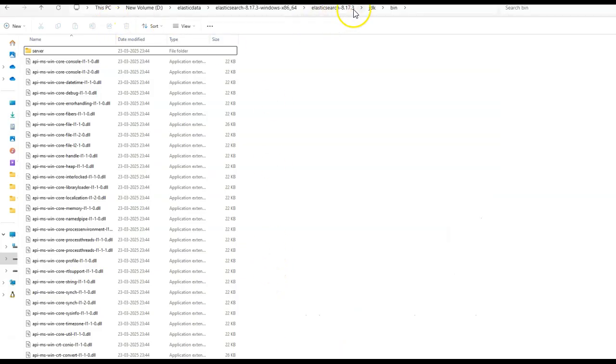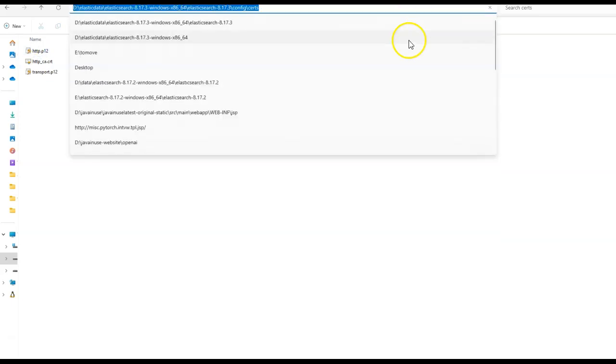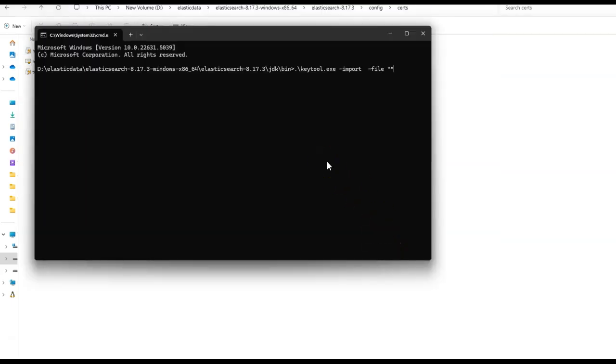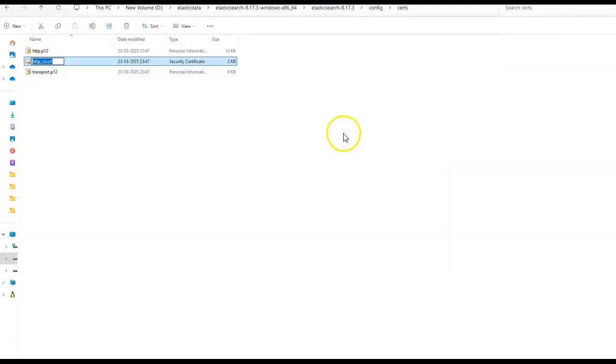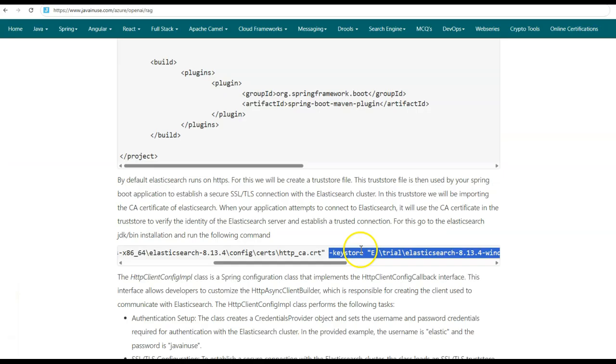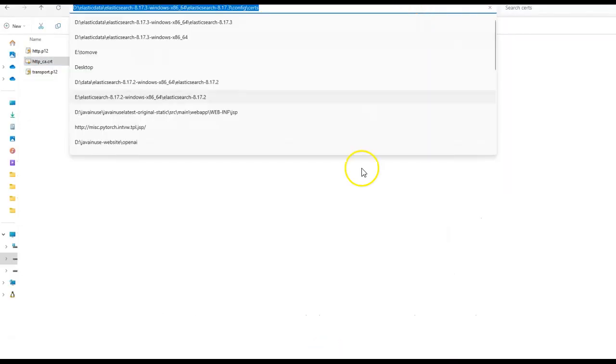Let us copy the location of the config certs. The name of the file is http_ca.crt. The truststore again we'll be creating at the same location. Again copy this location here.